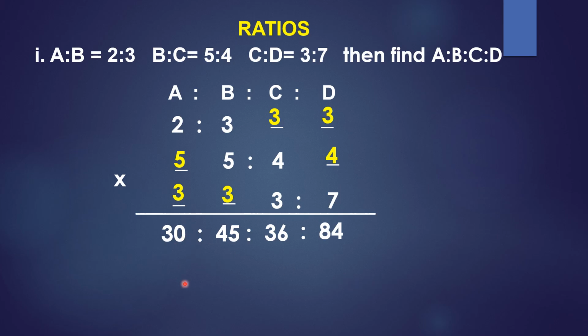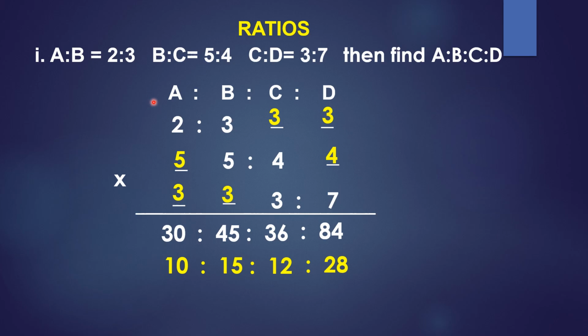If not, we can reduce it. You can take the common multiple if it is there. Which table it is going, you can check that one and we can write it. So we will consider 3. 3 10s are 30. 3 15s are 45. 3 1s are 3. 3 2s are 6. Means 3 12s are 36. Coming to 84, 3 2s are 6 and 3 8s are 24. Therefore, A is to B is to C is to D equals 10 is to 15 is to 12 is to 28.